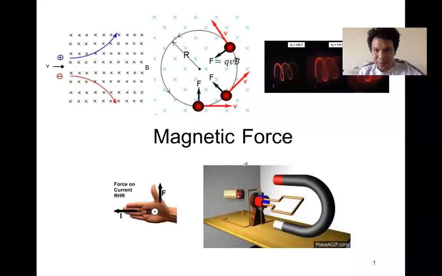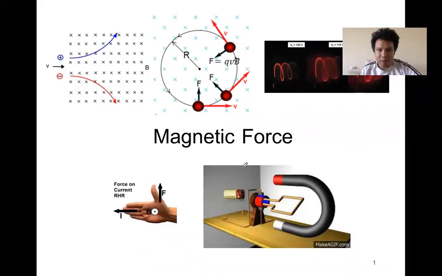Hi everyone. Now we come to the fourth lecture already in module 4 about electric field and magnetic field. We have all finished the things about electric force, electric field, and electric potential. And the last two lectures will be about magnetic. So today we are going to talk about magnetic force in the first part and the source of magnetic field